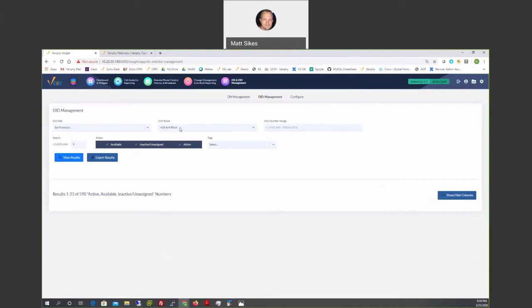It'll populate well, if I only had the one DID block defined for San Fran, so that's why I had no other option but for it to select that. But if there were numerous, I can select the block I want for my DID site, and then it will automatically populate your number range in here. Then all we would need to do is populate some search criteria here, whether we use something more specific or just use an X wildcard and search it openly for this whole